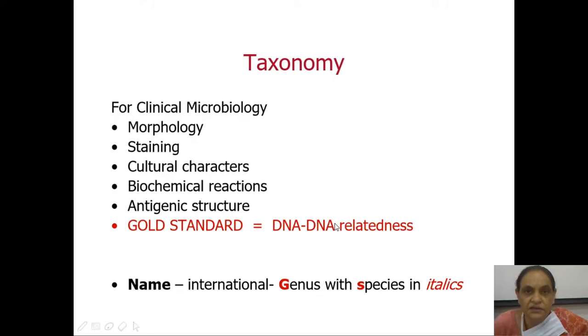So there is a family, then there are tribes. Again, when we come to Enterobacteriaceae, we'll talk about that. All of them have a name that you know: Streptococcus pneumoniae, Salmonella typhi, Staphylococcus aureus. These are all based upon the international classification, which one can access through the manual. Bergey's Manual is used to put all the updated classification of the bacteria.